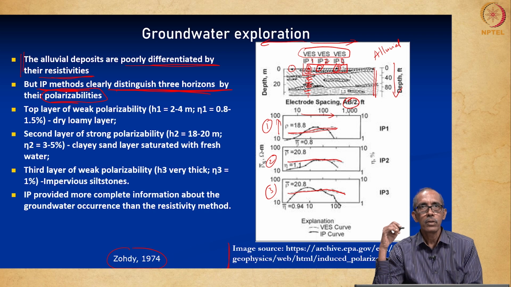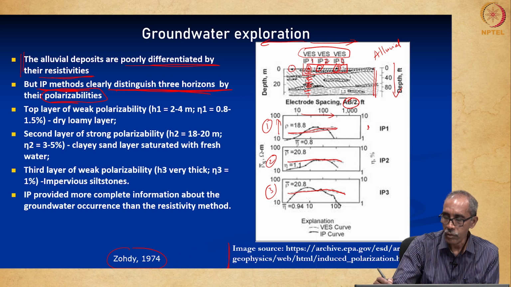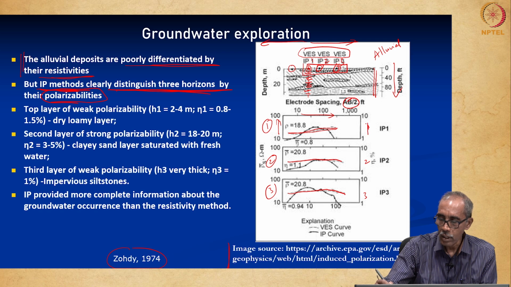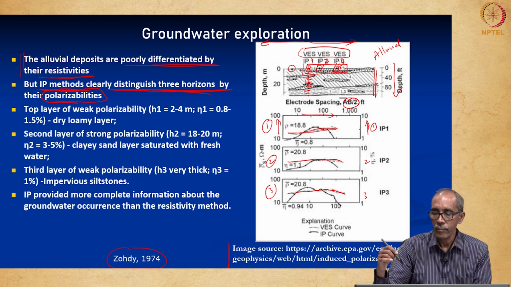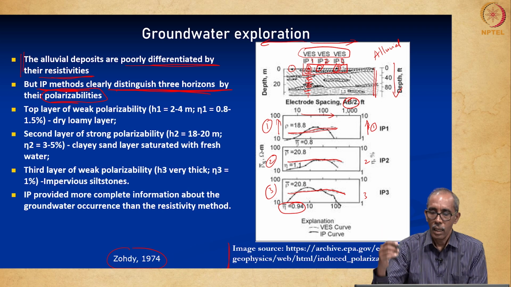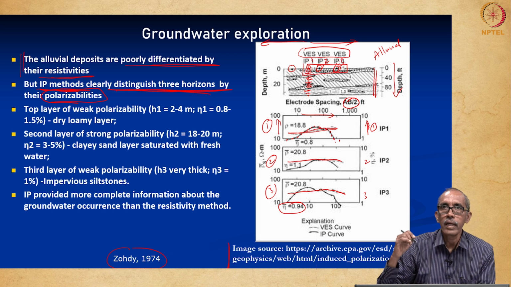Let us have a look at how we are able to distinguish. Let us take all 3 cases, 1, 2, 3. Here is the chargeability. The axis of chargeability is shown here on the right hand side. Chargeability is given in terms of percent eta, right. And you can have a look at how the chargeability increased with respect to depth, whereas at location 1 resistivity was more or less horizontal, whereas chargeability, I will use a dotted line, varied like this.